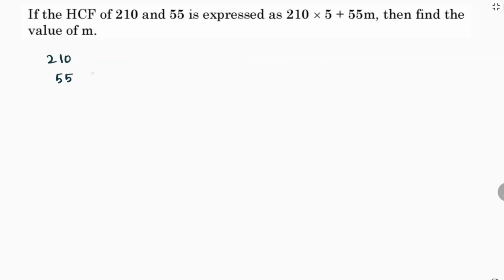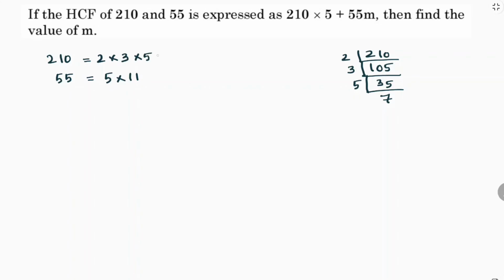210, 55. 55's prime factors are 5 into 11. For 210, if I find the prime factors, 2 times 105. Next, 3 times 35. 5 times 7. So the prime factors are 2 into 3 into 5 into 7. So HCF is